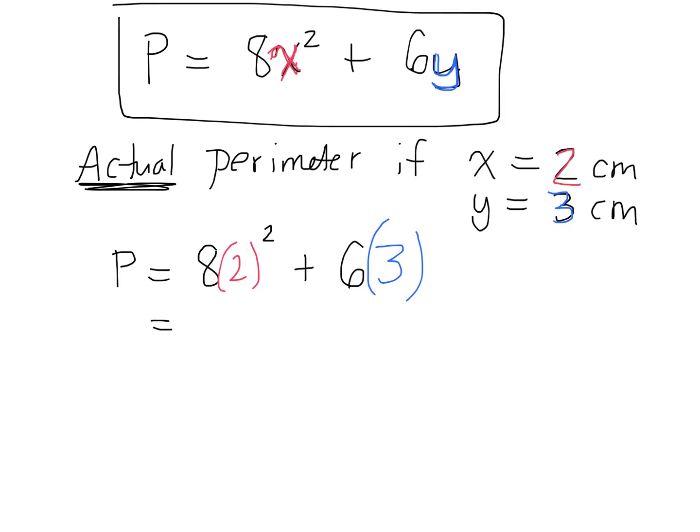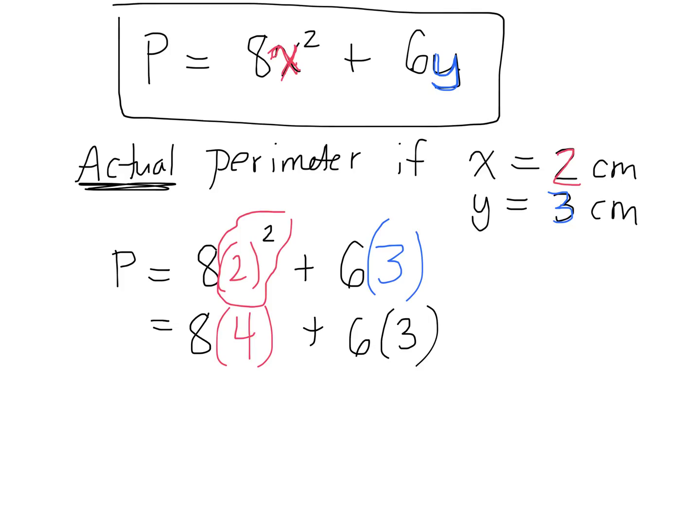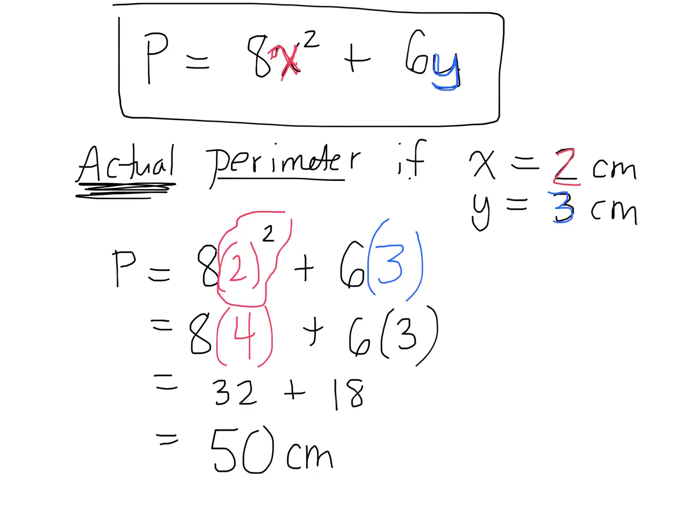The very first operation is 8 to the power. It's not. You have to do your exponents first. It's 2 to the power of 2. So it's 8 times, what's 2 to the power of 2? 4. Good. Plus 6 times 3. What's 8 times 4? 32. Plus 6 times 3? 18. 32 plus 18? 50 centimeters. So the actual perimeter, if x is 2 centimeters and y is 3 centimeters,